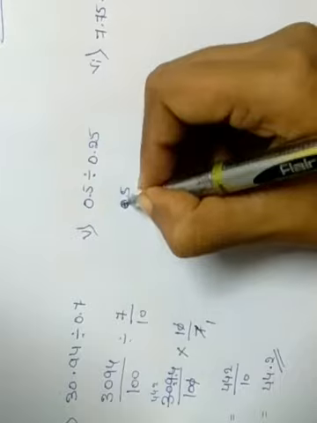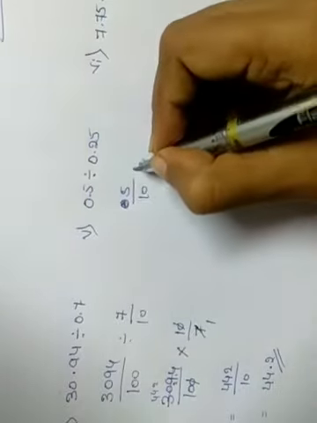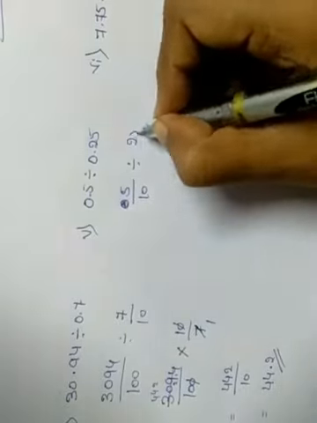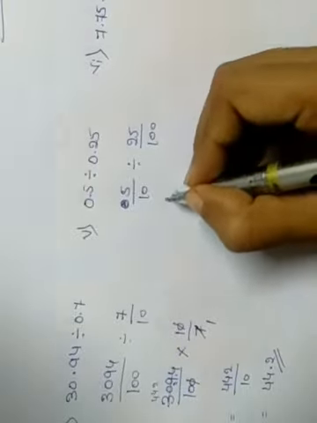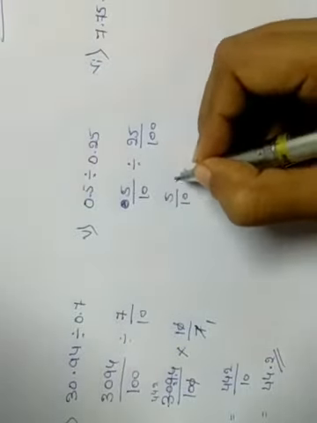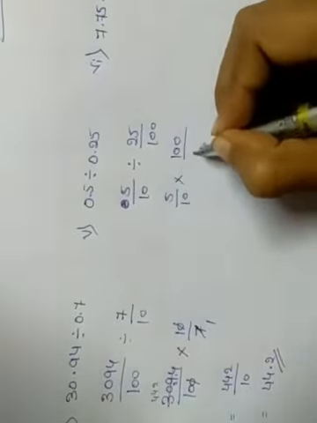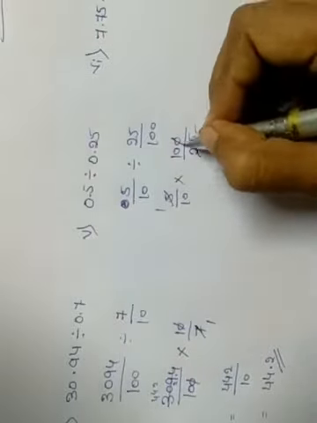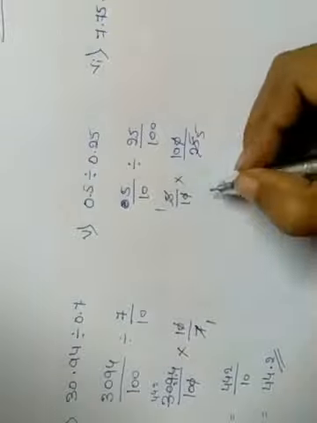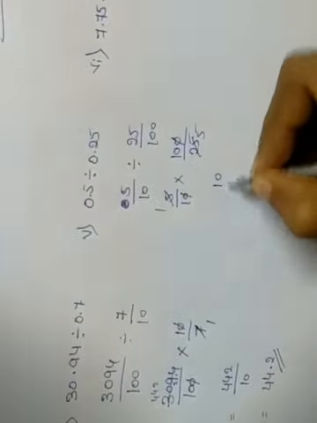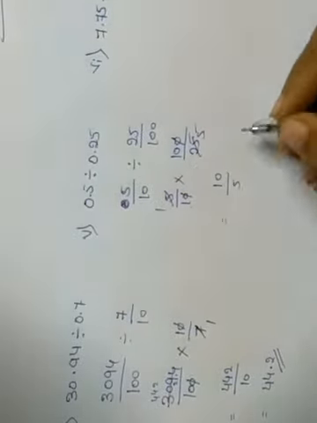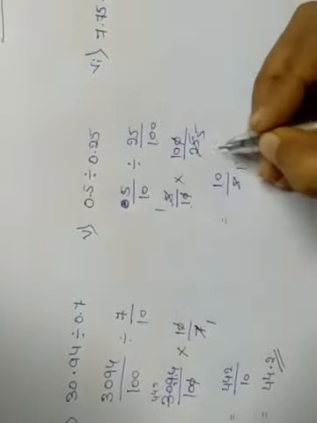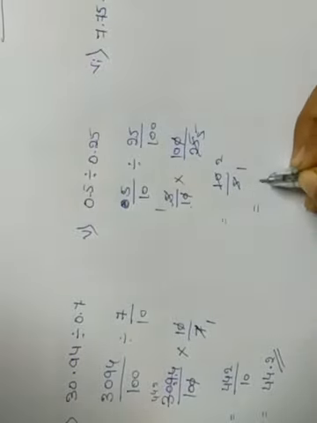So fifth one, 0.5, or we can write only 5 divided by 10. Divide symbol, 25 divided by 100. 5 divided by 10. Change the sign. We got 100 divided by 25. 5 1s are 5, 5 5s are 25. 1 0 1 0 gets cancelled. Again 1 10s are 10, 1 5s are 5. Again it will get simplified. 5 1s are 5, 5 2s are 10. That is what, 2.